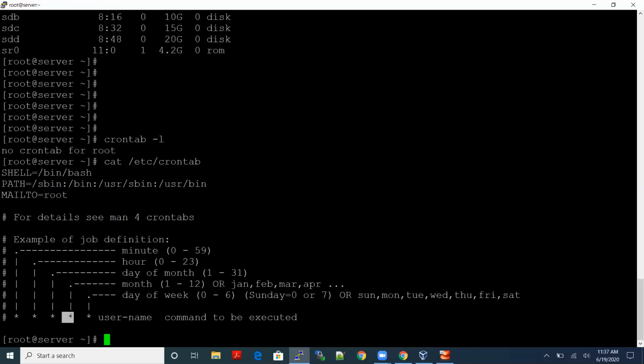The fourth field represents the month. We have 12 months per year. Which month do I need to schedule the cron job? For that, we specify a number from 1 to 12. The fifth field represents the day of the week, meaning Monday, Tuesday, Wednesday, Thursday, Friday. You can use days 0 to 6, or Sunday by default will represent 0 or else 7. By this syntax, we can create any cron job from the system level.